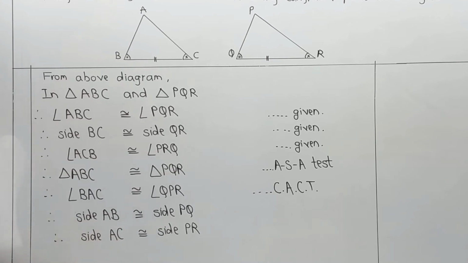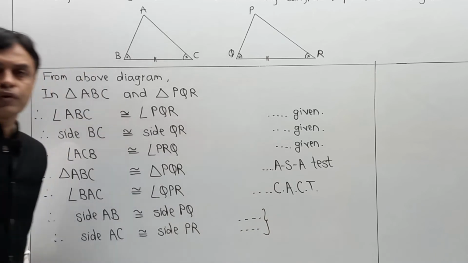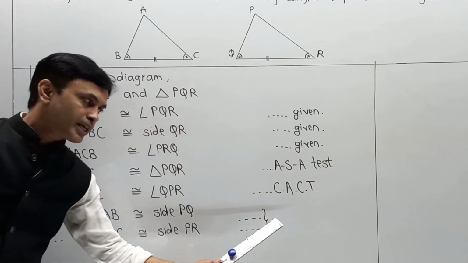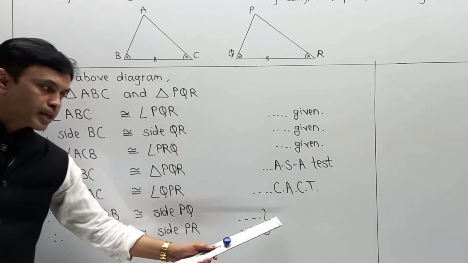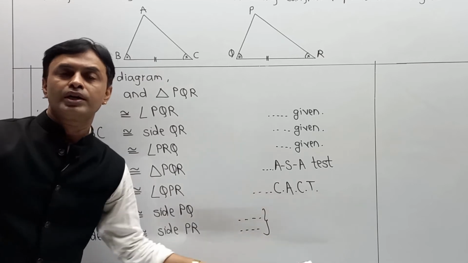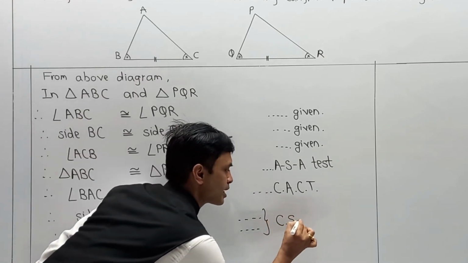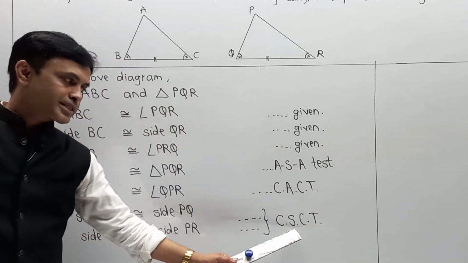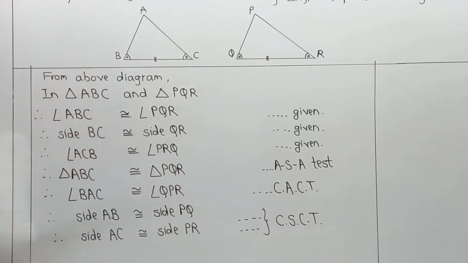a congruent triangle. So the reason I am going to write in short form or in long form; we can write it in a different way. First you can write corresponding sides of congruent triangles. I repeat, corresponding sides of congruent triangles, or in short you can write corresponding sides of congruent triangles. And in this way you can complete the entire numerical.